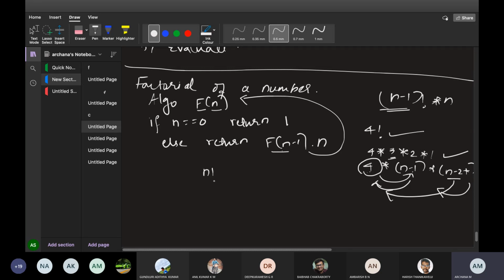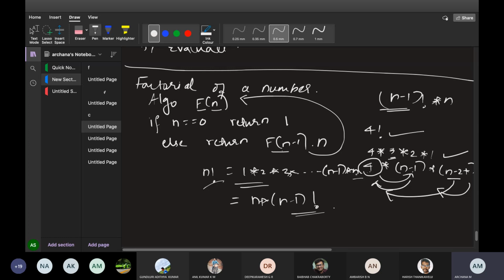Okay, look here, when I write n factorial, 1 into 2 into 3 into n minus 1 into n. This is how I write, right? Answer me whenever I am writing this. So what you do? N into n minus 1 factorial. This is what we write normally, right? This is what factorial function. N into n minus 1 factorial. When you have a number, you will keep on writing like this. 1 into 2 into 3 into dash dash into n minus 1 into n. When you have 4 factorial, 1 into 2 into 3 into 4.